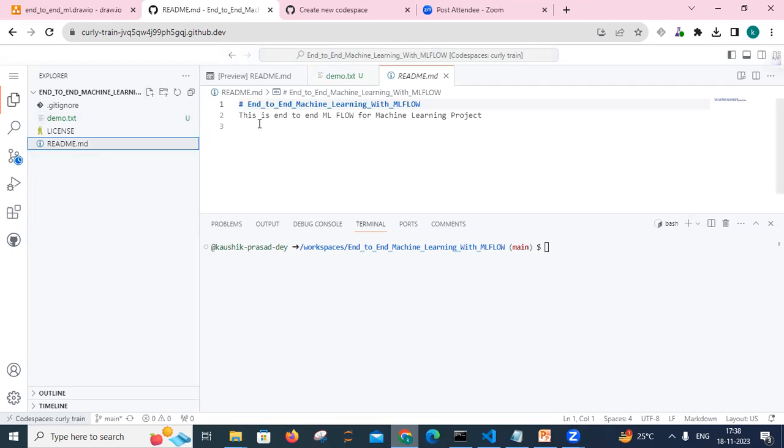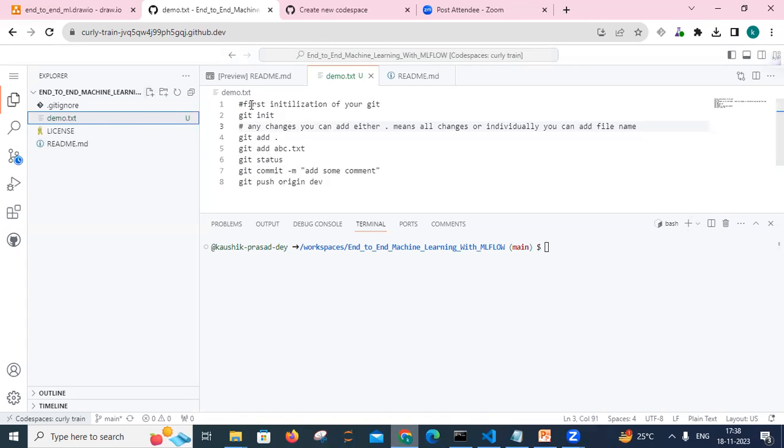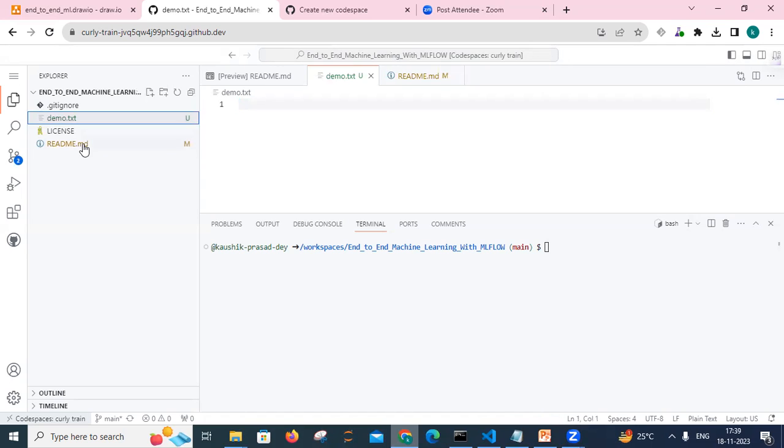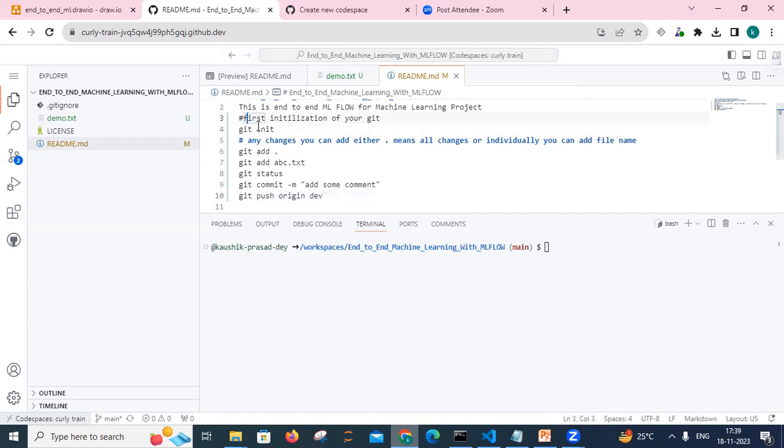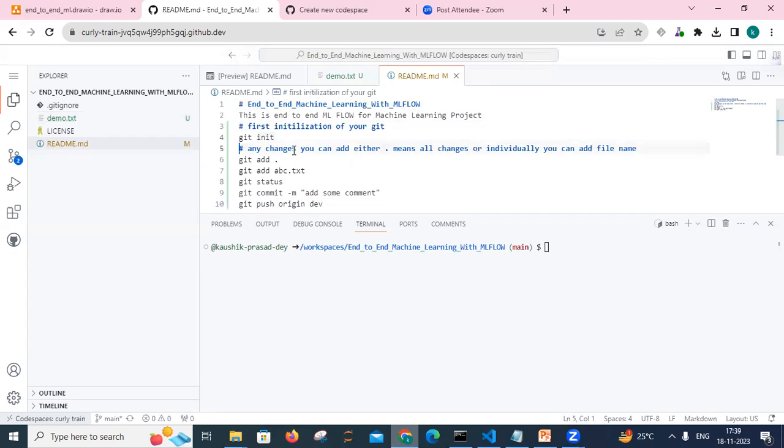So this is your readme.comment .md file. Here you can also write the steps. Instead of demo.txt, you can add all the things, like you can control X and also add here, okay. So this will be showing, okay. So end-to-end machine learning project, git add, and check the status, check the git status, any file